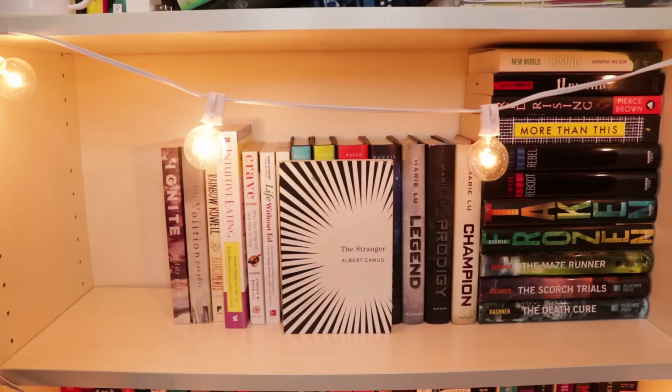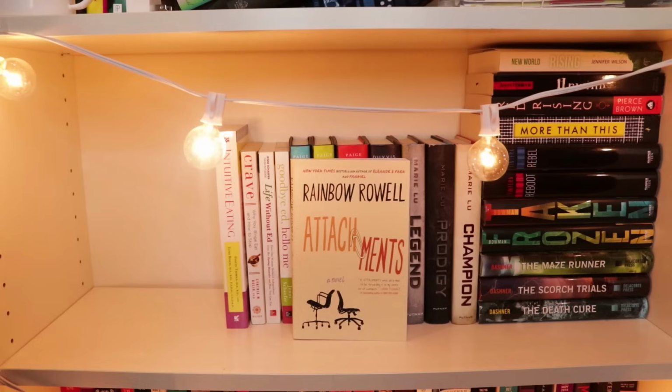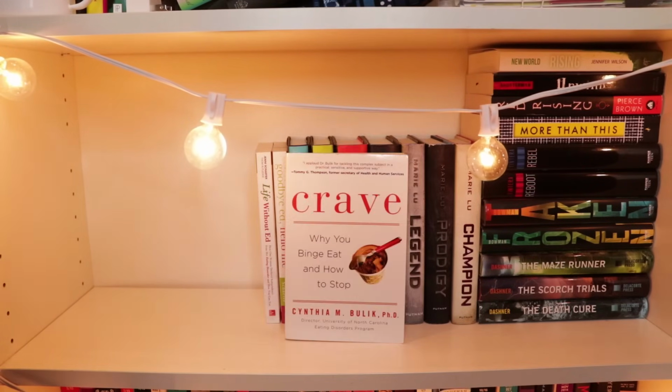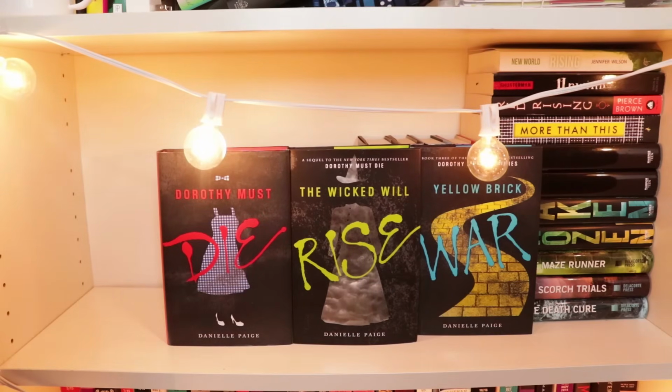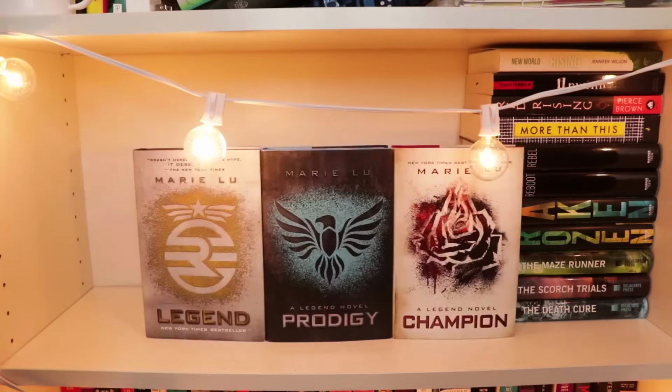Hiding in the back I have The Stranger by Albert Camus, Ignite and Volition by Lily Paradise, Attachments by Rainbow Rowell, Intuitive Eating by Evelyn Tribole and Elyse Resch, Crave: Why You Binge Eat and How to Stop by Cynthia M. Bullock, Life Without Ed and Goodbye Ed, Hello Me by Jenny Schaefer, Dorothy Must Die, The Wicked Will Rise, and Yellow Brick War, all by Danielle Paige, On the Edge of Gone by Corinne Duyvis, The Legend Series by